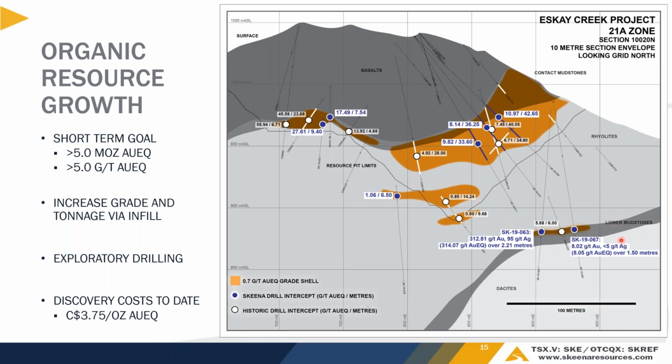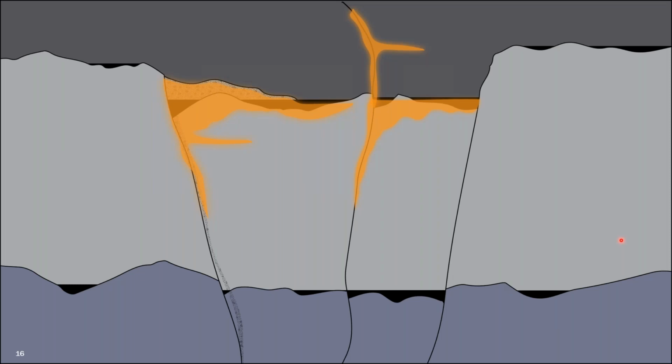and hopefully come up with a new event. Okay, and just to remind everybody, right now in the 2019 mineral resource estimate, gold equivalent ounces are right around 4 million ounces. So you're really just looking to add 1 million more gold equivalent ounces. That's right, exactly. And I'll show you here why in this section as well,